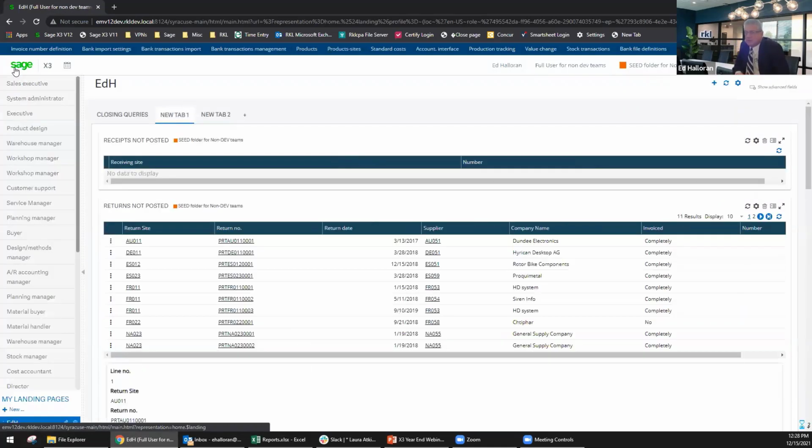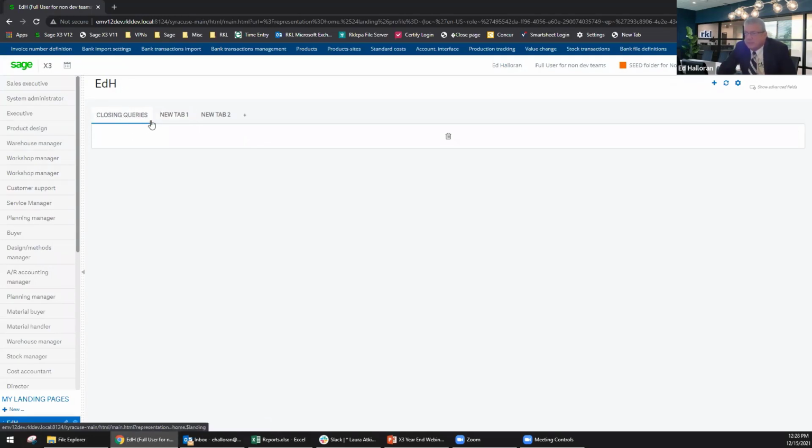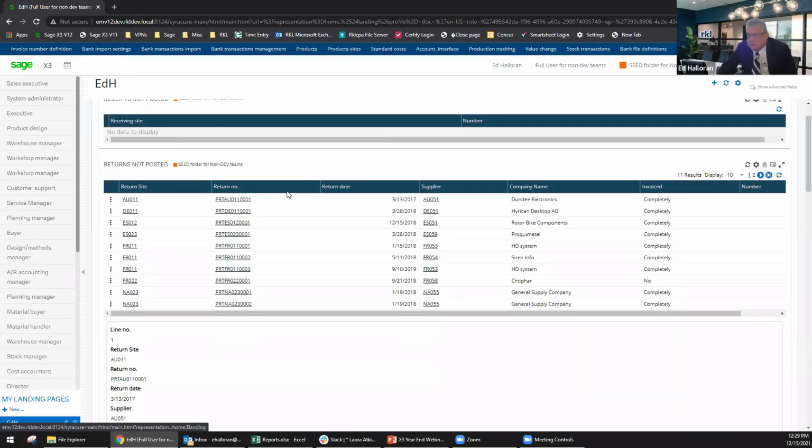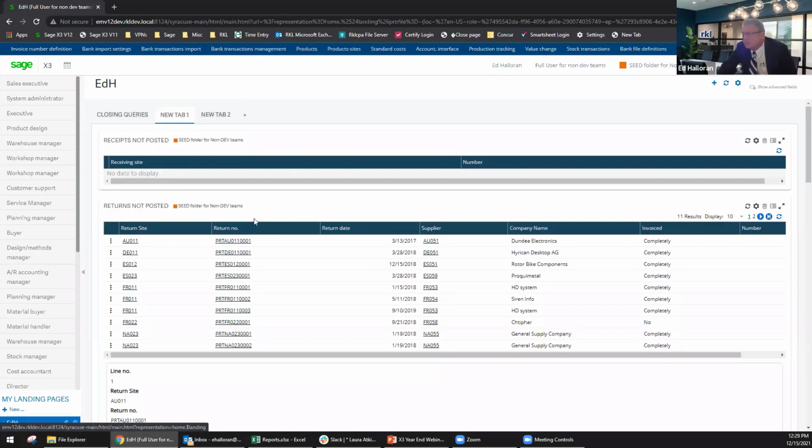under view queries, there are a bunch of requesters or queries in the system that you can add to your landing pages so that you can quickly eyeball and keep on top of all the transactions that need to be posted or generated before you close out the month. I have this one, actually it's a new tab. I have this here, you can see receipts not invoiced or not posted. You can see there's none, but you do have these queries available